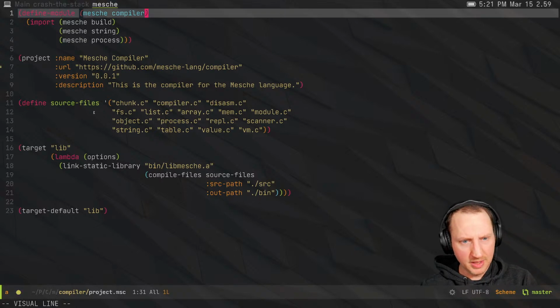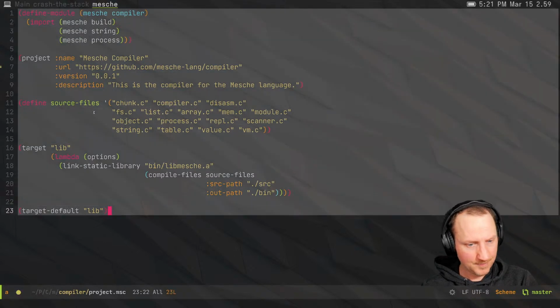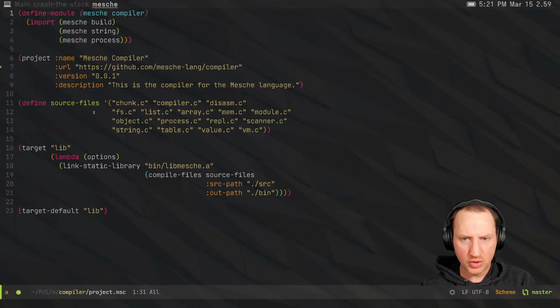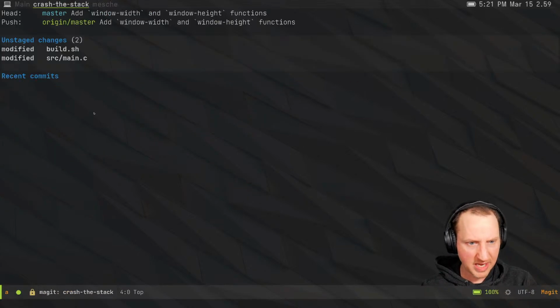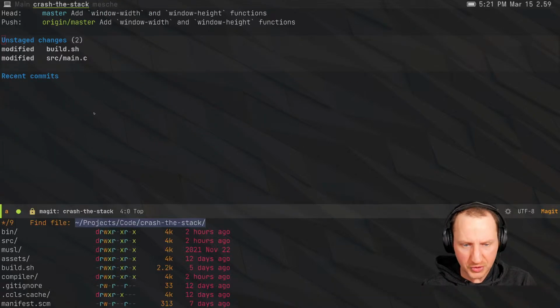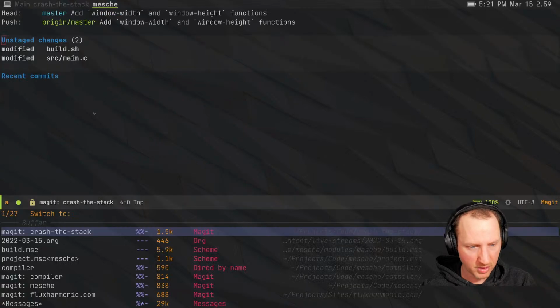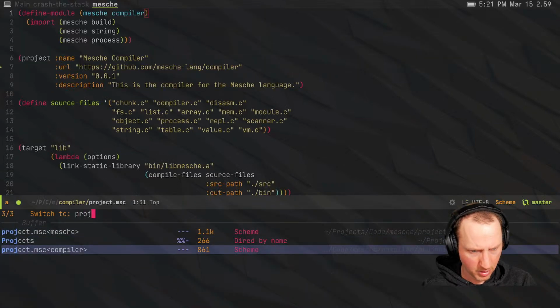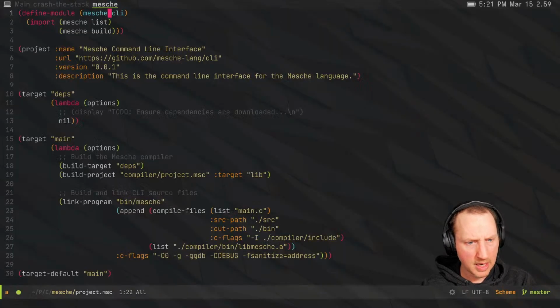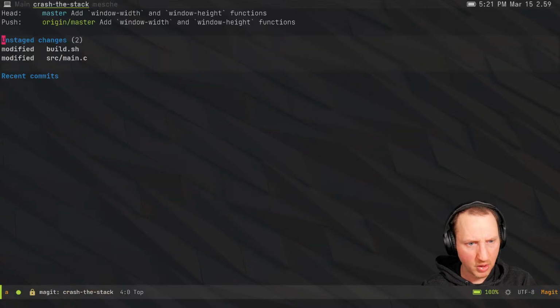Okay, so I'm going to copy this file. And then I'm going to jump over to the Crash the Stack project. And first of all, I'm trying to decide, well, okay, let's start with the game binary first. We're going to follow a similar strategy as what I'm doing here. So I'm going to go into